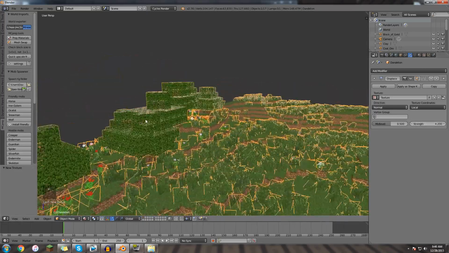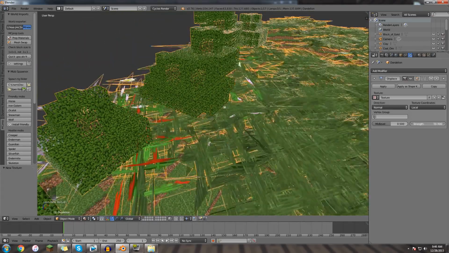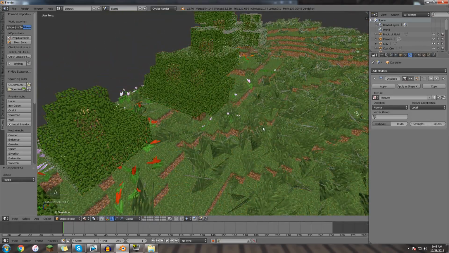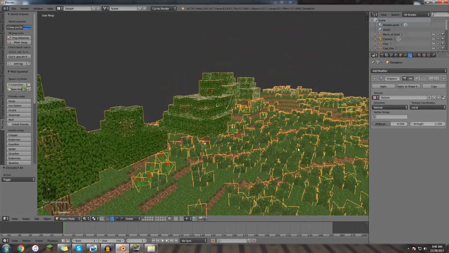And for some reason the trees appear not to be moving at all. Just a little strange. We'll look at that in a little bit. I don't know why the trees aren't moving. Anyway,